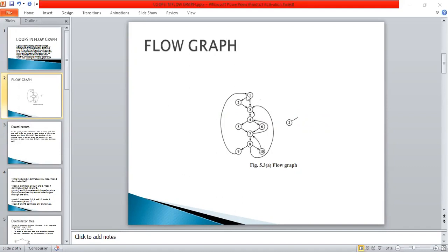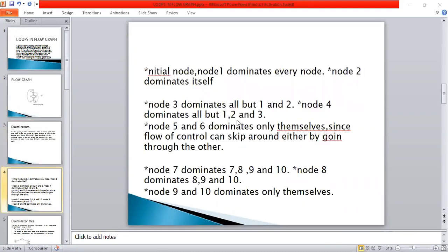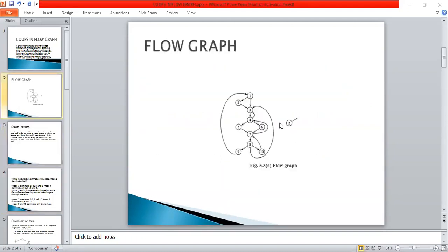The root node dominates all other nodes in the graph. Here I have node 1. Node 1 dominates every node. Node 2 dominates only itself. Why? According to the definition, if the information from the root node to the remaining nodes is passed through 2, we can say that 2 is the dominator.